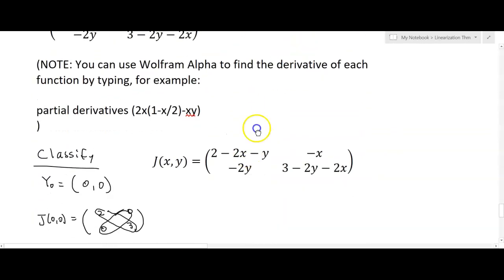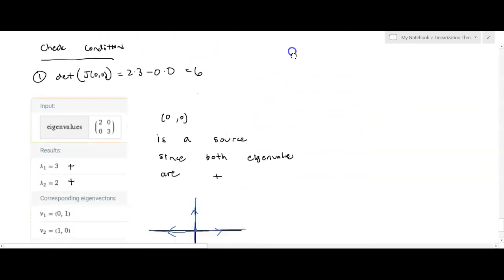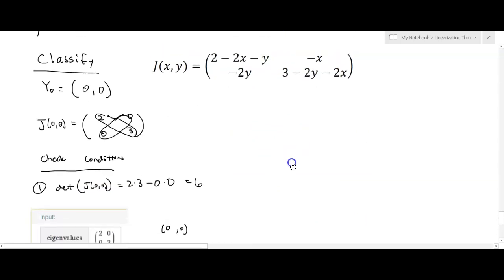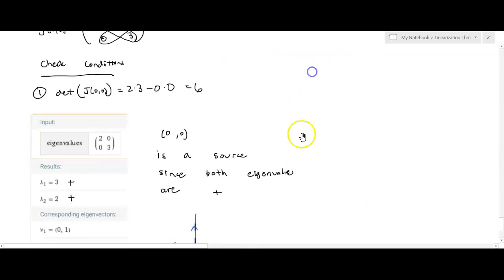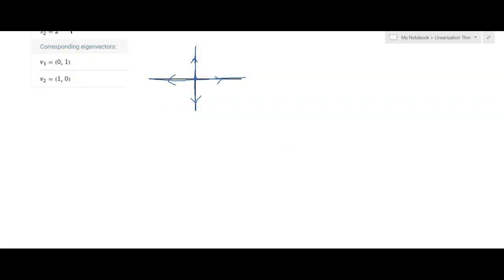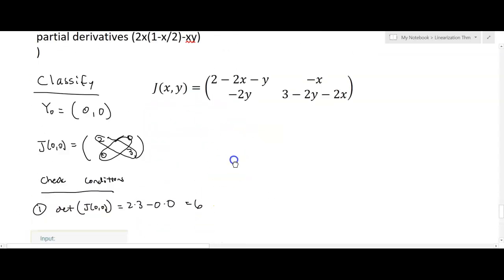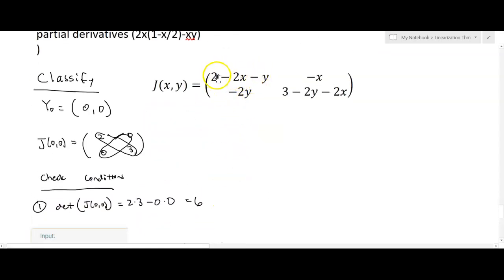Now we repeat the same thing for the other points. Same process, but just with the other equilibrium points. So let's now do 0, 3. Okay, so that means I have to go back to my Jacobian matrix and plug in 0 for x and 3 for y. So let's see what that will be. If I plug in 0 for x, that'll be 2 minus 3 is negative 1,